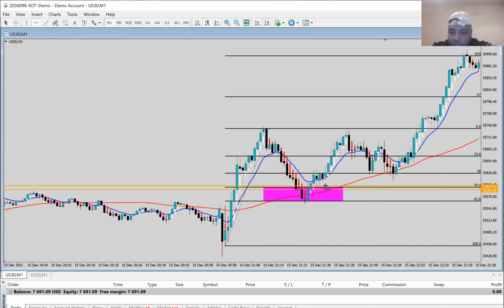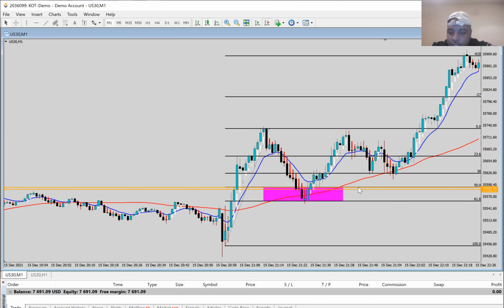But as soon as it starts pushing in profit, I break even. Usually I put it right above my entry. I don't put it all the way up here, because you see what happened: it pulled back and took me out and didn't push more. But I put it just above my entry. So that way, when I do take that